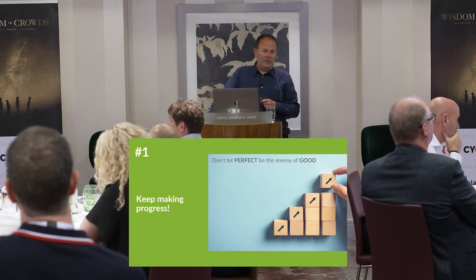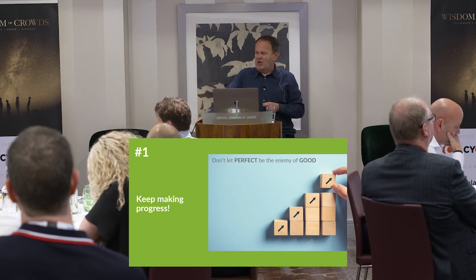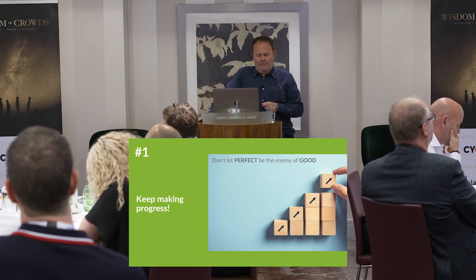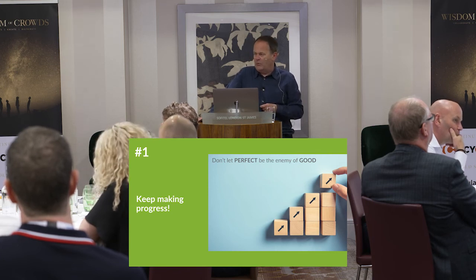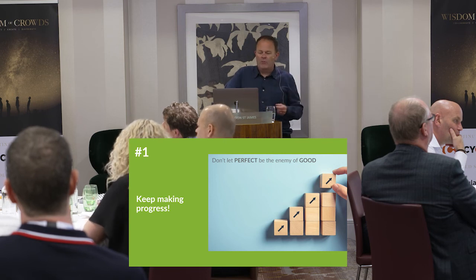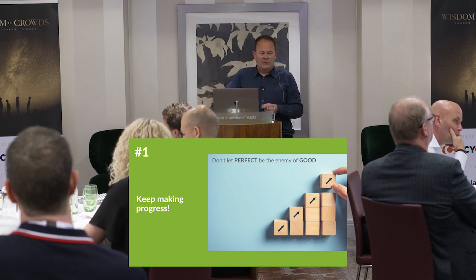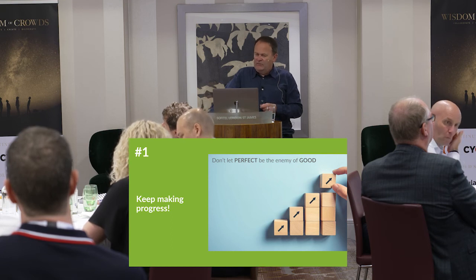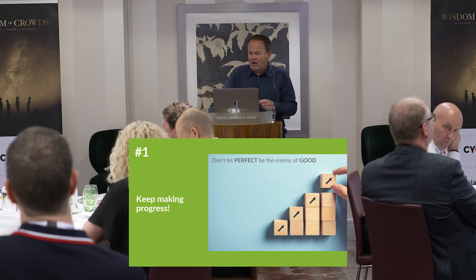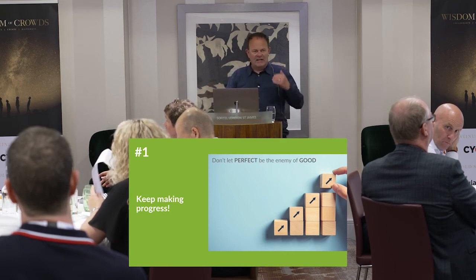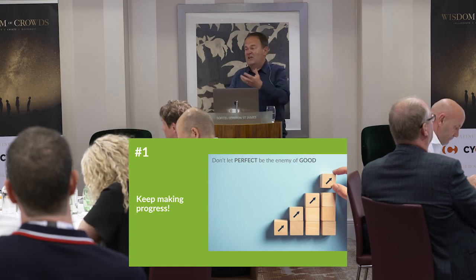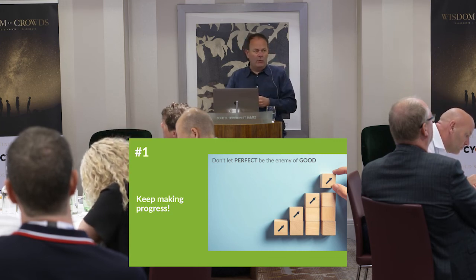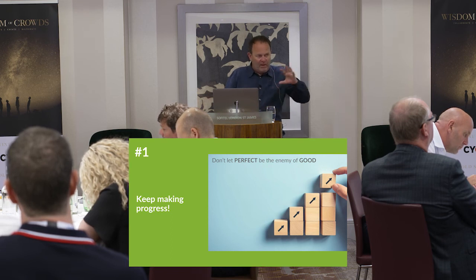And then number one, quite simply, don't stop because you get stuck. Too often we are perfectionists in this industry, and we hate it if something doesn't quite work the way that we wanted it to, or we get to a point where we can't quite move forward. This is where the 80-20 rule kicks in. Don't let perfect be the enemy of good. The chances are other things will pick themselves up. It is essential to keep moving forward if you're actually rolling out zero trust networking, if you're rolling out a SASE environment, keep moving forward to get to where you want to be. If there's a problem, come back to it later, deal with it, unless it's an absolute showstopper, obviously.